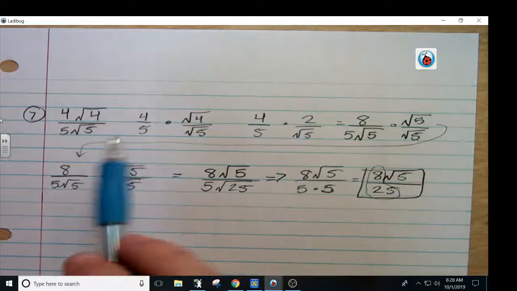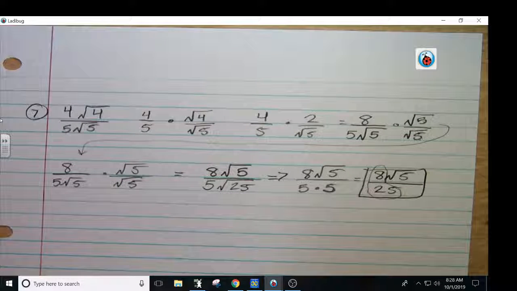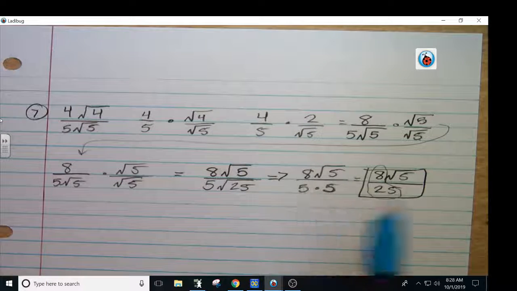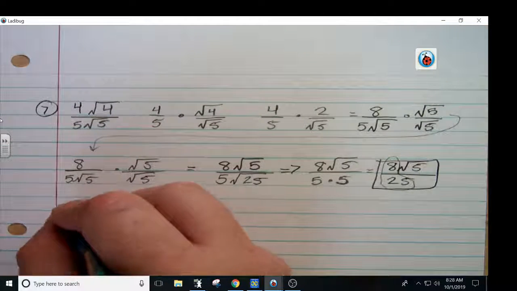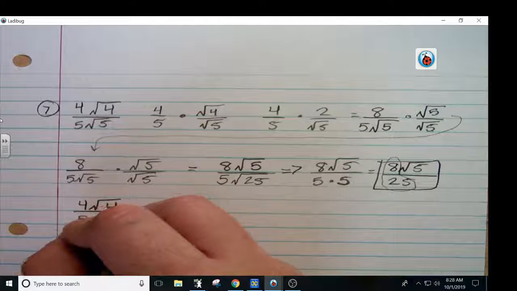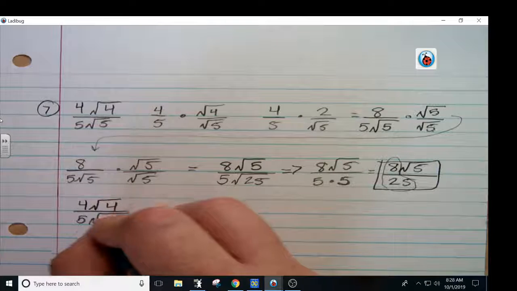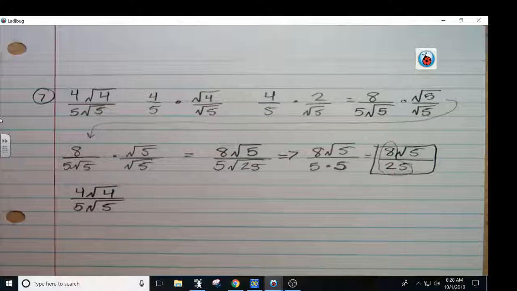Do you guys want me to show you the other way to do this or no? What y'all think? That's a little bit longer way, but it'll work. I'll let you see for yourself. You can write it down if you want to. If you don't want to, you don't have to. All right. Let me finish this first. Now,